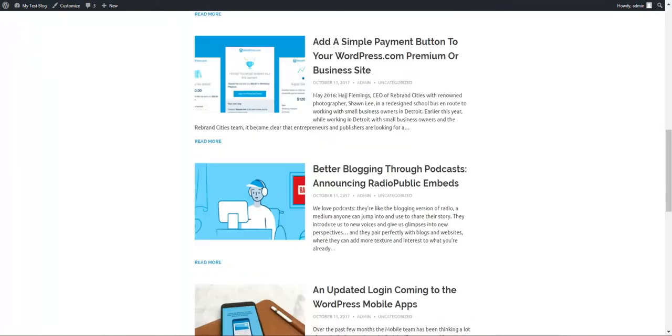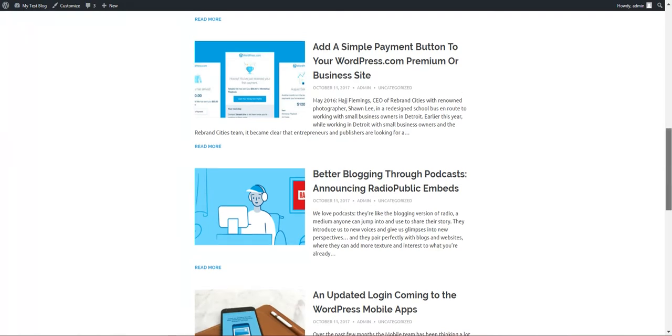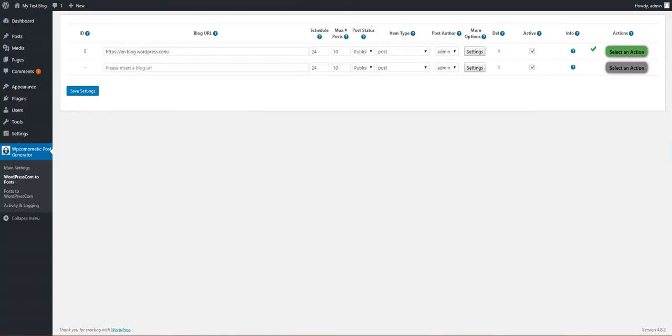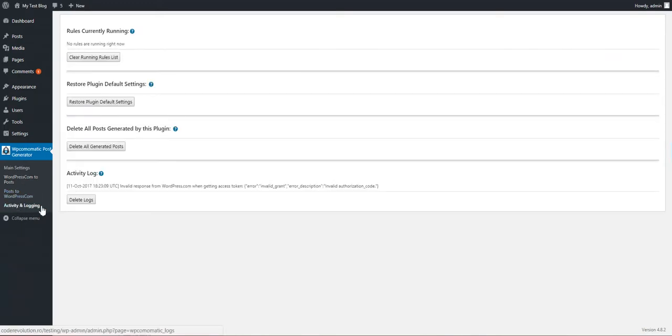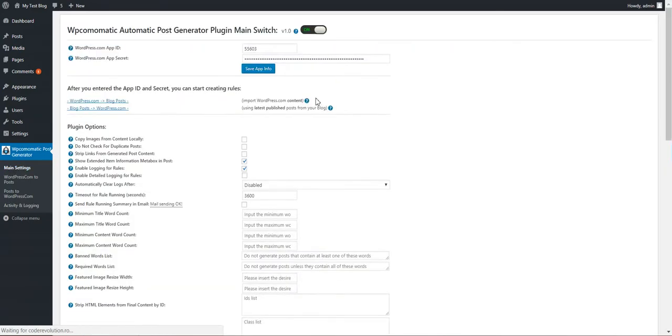Real nice. Okay. Now let's head back to the plugin and let's see some other settings. In the activity and logging section, you can see rules that are currently running, restore plugin default settings, delete all generated posts, and activity log of the plugin. Also in the main settings, if we head back,